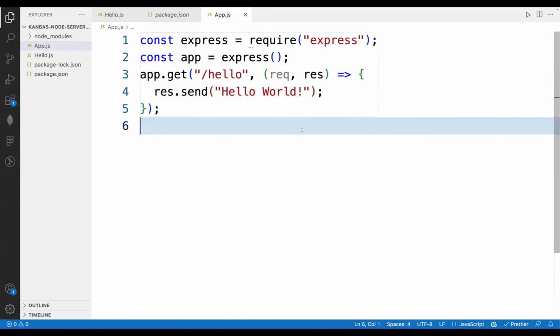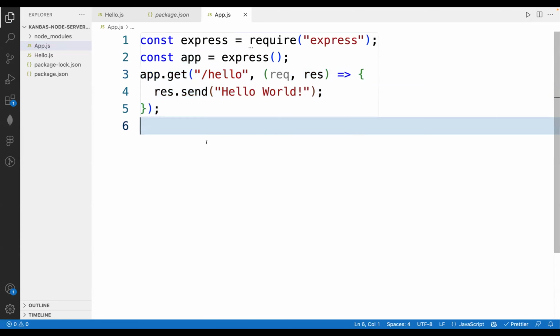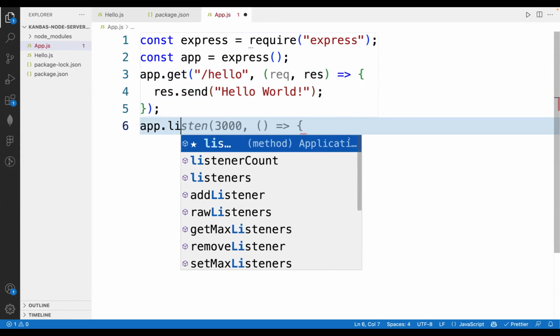Okay. And finally, we need to start up the server and listen for incoming requests, and get into this infinite loop of forever waiting for requests to come in, and then look at the URL that comes in and map it to one of these handlers. So this is handling the incoming request that maps to hello. The way we do that is that we say app listen,